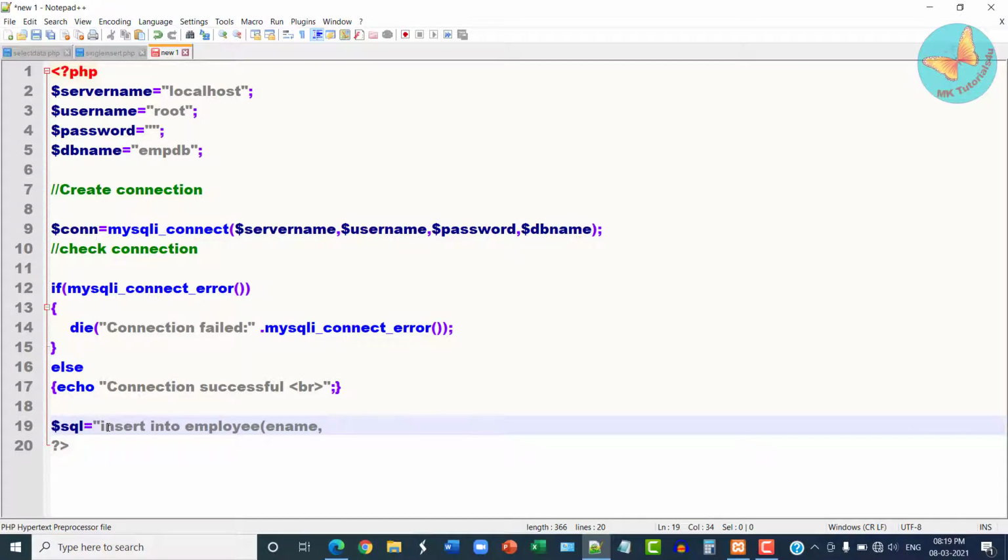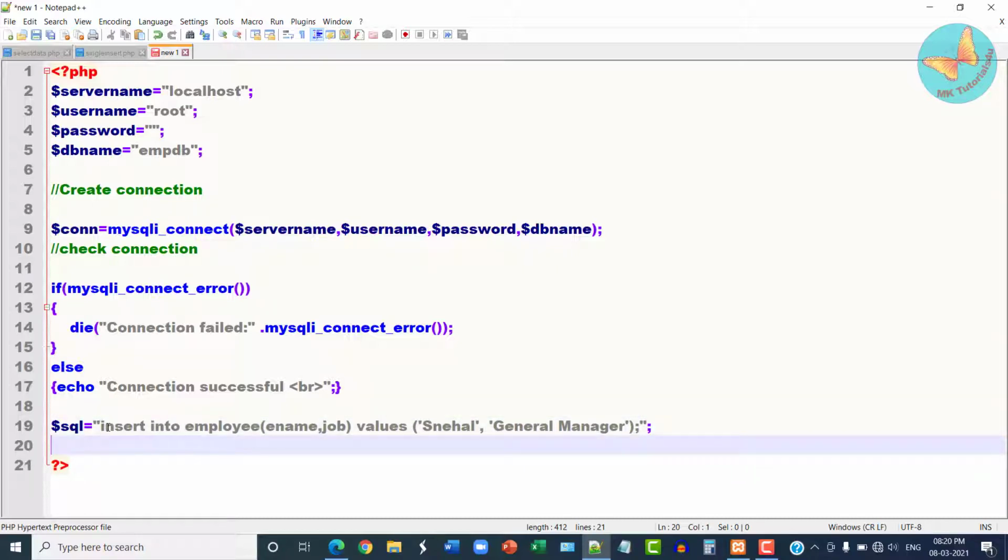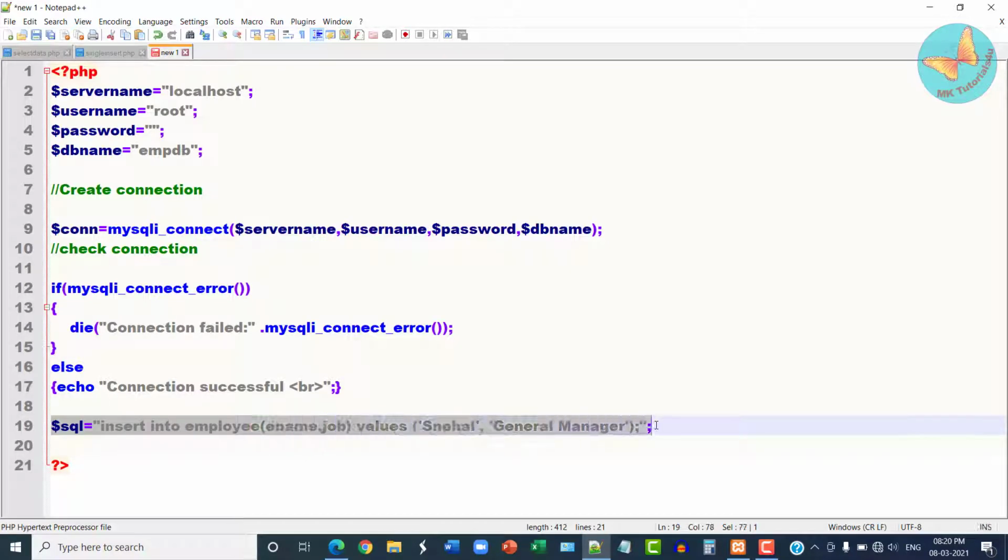So I'll just write here ename and job field and values. Suppose I'm putting data for Snehal and her job is general manager, and I will just put a semicolon.